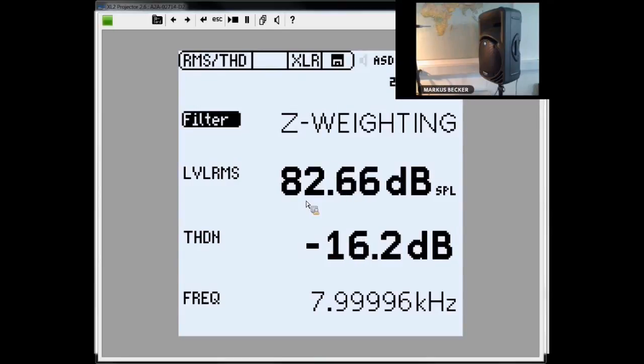I'm going to show you now another effect. I'm using a cardboard which I put between my microphone and the loudspeaker. And you notice as soon as the cardboard is in between, the level drops, and this is this shadowing effect that I also mentioned before. Now, as soon as I reduce my frequency back to 40 Hertz,